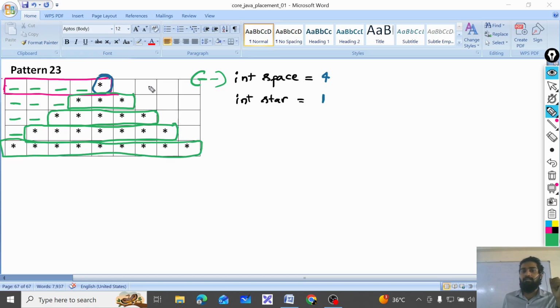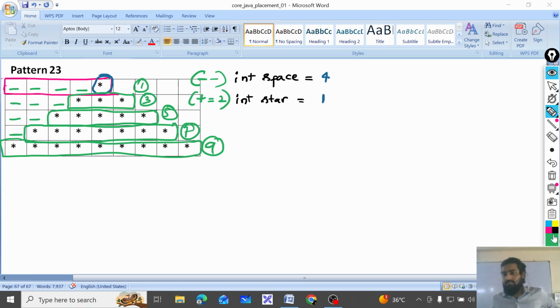Here you have 1 star, 3 stars, 5 stars, 7 stars and 9 stars. Are they increasing or decreasing? Increasing by 1 or by 2? By 2. So I will write star plus equals 2. From one row to another row, spaces are reducing and stars are increasing by 2. Is it clear now? Shall I start tracing now?